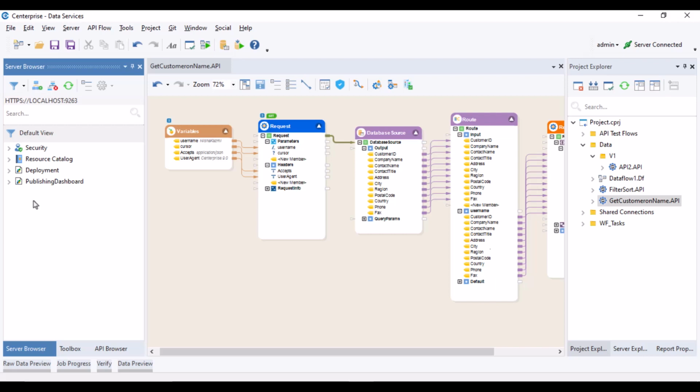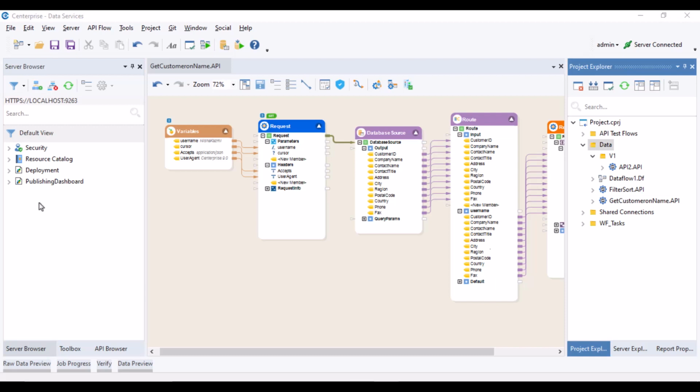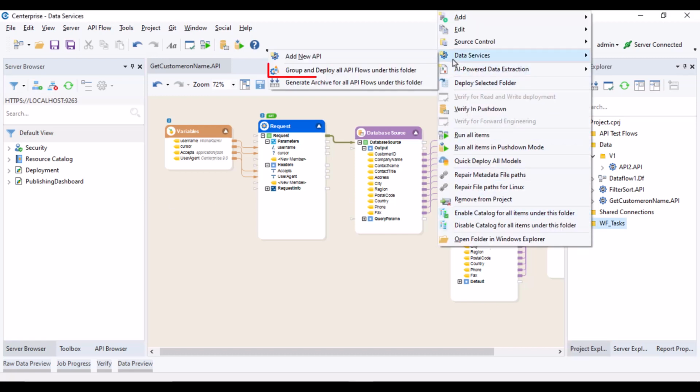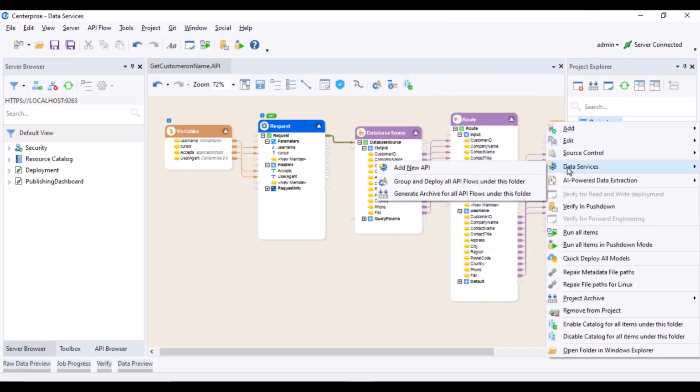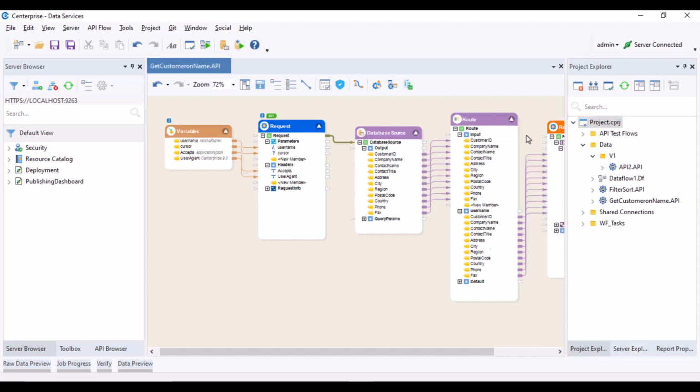Now let's see how we can group and deploy API flows at the folder level. We can group and deploy API flows as contained within a folder. All the folder nodes present under a project have the Group and Deploy All API flows under this folder option, including the parent.cprj parent node. When this option is selected, only the API flows are verified and deployed, while all the other artifacts are ignored